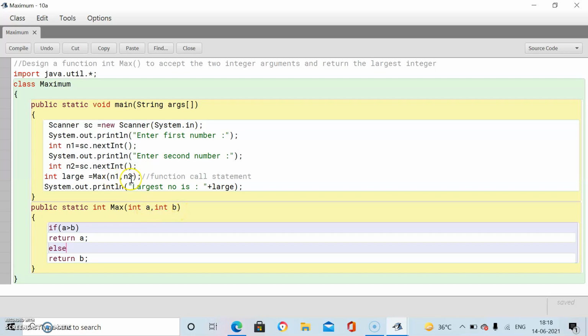You are passing two values, so you will be receiving them within two variables. You need to write two variables over there along with the data type, because A and B, we are going to use these variables for the first time, so we must declare the data type of A and B over here.